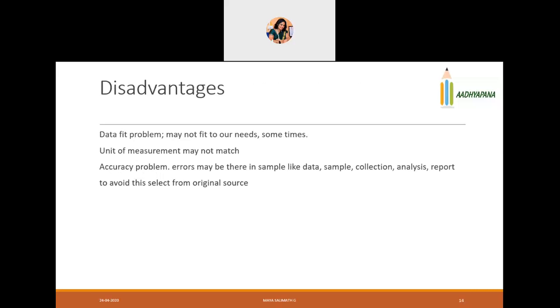The accuracy problem. For example, if you want to identify how many people have been affected by COVID-19, again, the accuracy will not be there. Whatever is published in that newspaper, that itself is taken as true for consideration. And because of that, there will be a lot of errors, like errors in the samples. And between the original and whatever is published as secondary data, there will be variations.